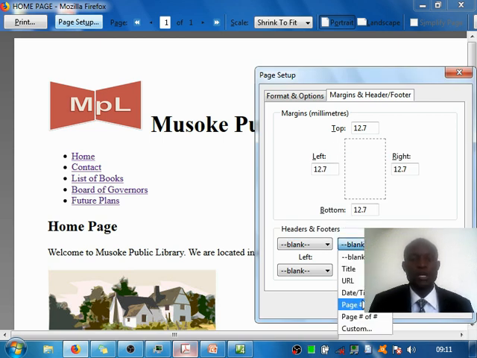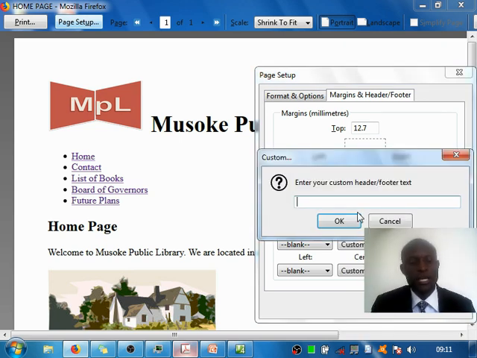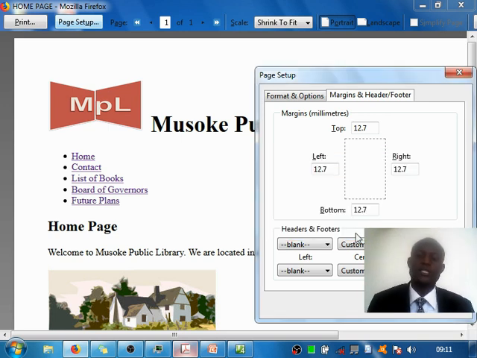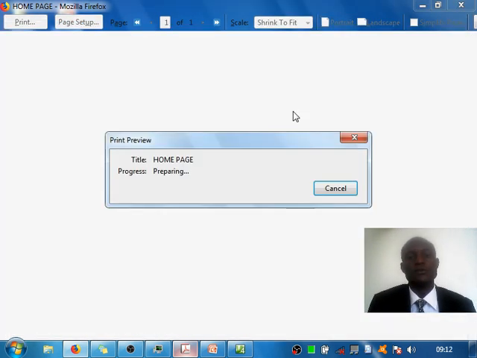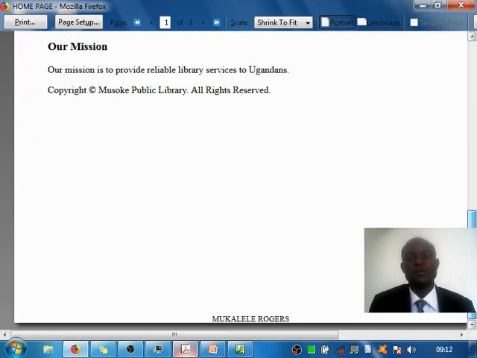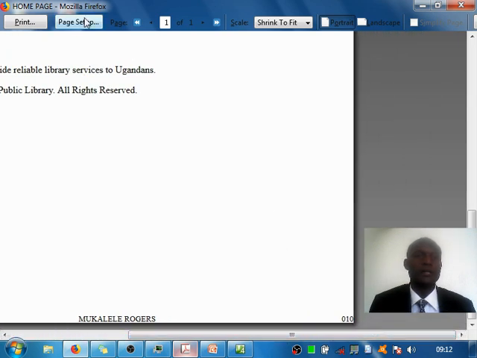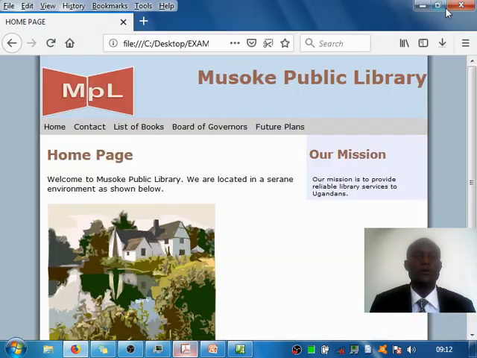So for the header, if they want, for example, these ones here you can say blank, or you can put your header or whatever. You say custom and then you put maybe web design, whatever they tell you to put as a header or footer. So when you do that, it will put a header, web design, for you, and it will put your name in the footer and your candidate number, and then you'll be done. Okay, so that is